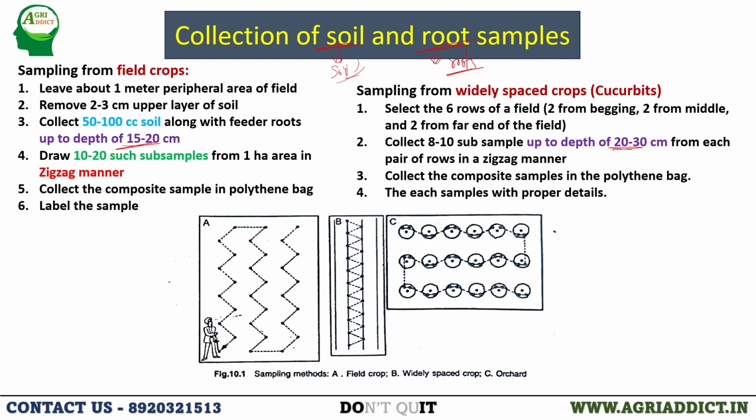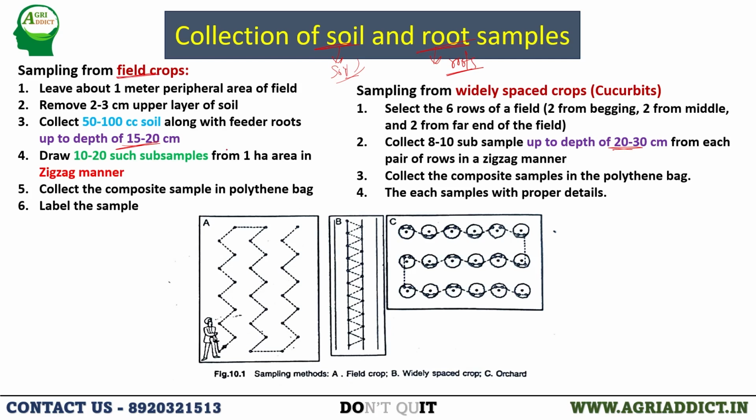In field crops, the root system is not very deep in nature, whereas in fruit trees and plantation crops the root system spreads very deeply. As nematodes feed on the root system, the depth of the sample to be collected entirely varies with the depth of the feeder roots, as the nematodes are spread around the root system. Let us know how the method is followed for sampling from field crops.